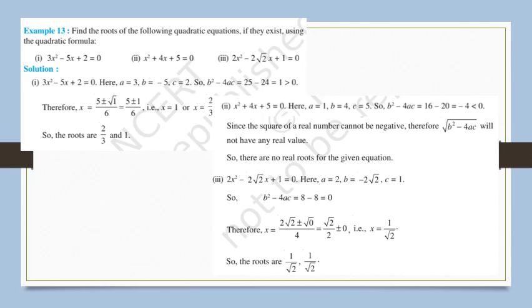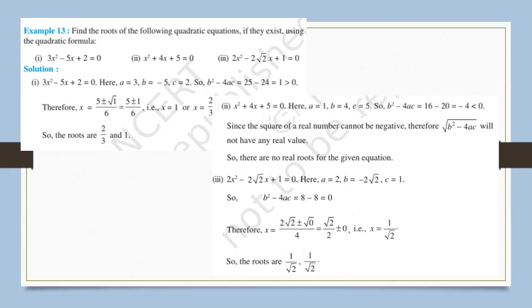And then we will put the values in the quadratic formula and find the roots. First we will find the value by solving with the plus sign, and then the second root by solving with the negative sign. We will get x equals 1 or x equals 2 by 3. In the second case, if you see a, b, c and find the discriminant, it is negative, and negative means the roots are not real. They are imaginary roots, so we will not go further. Here only we will stop.